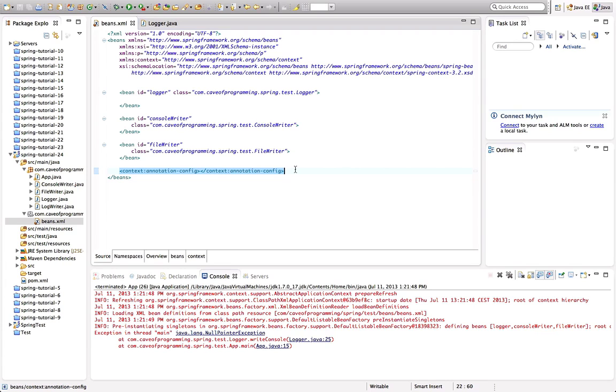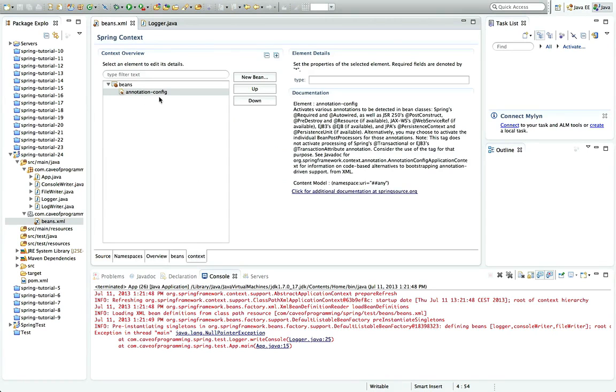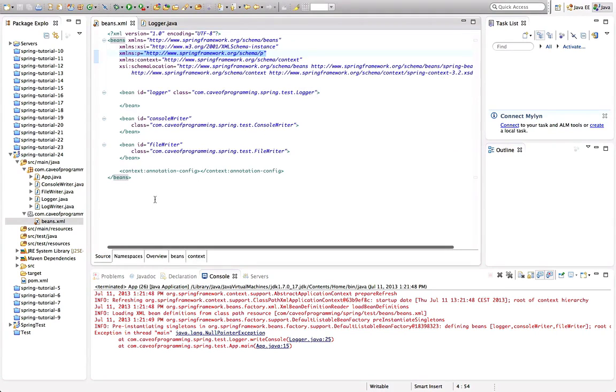So that's it for this tutorial. All we've done is we've added this new namespace, and we've simply added this tag, the annotation config tag, and we're going to go on to the next tutorial in looking at the